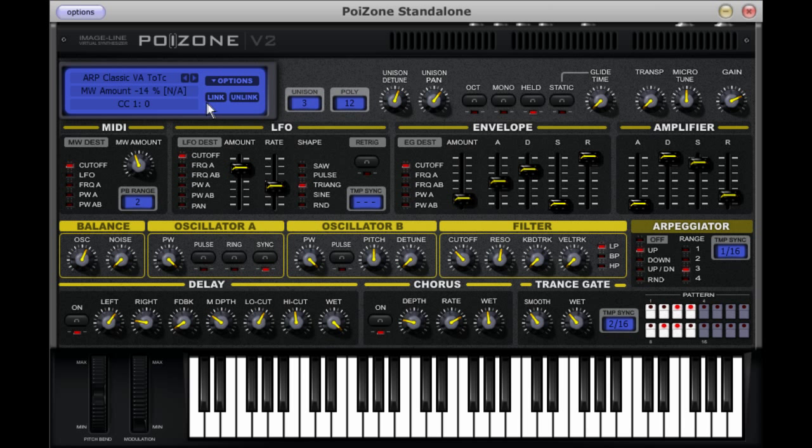You can link the parameter and MIDI control that are shown here by clicking this link button. Or alternatively, you can unlink the relationship by clicking on the unlink button. This means that you can set up tactile control of Poizone from any MIDI controller. As an example, I can link the modulation wheel to the Transgate wet control,